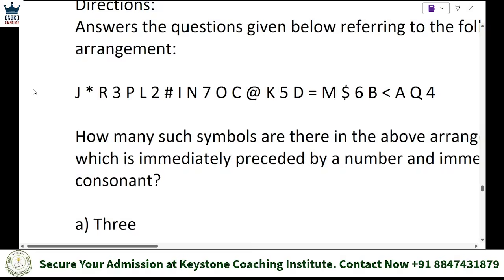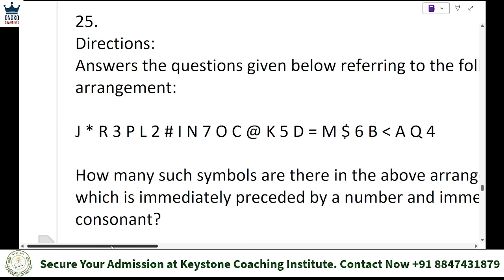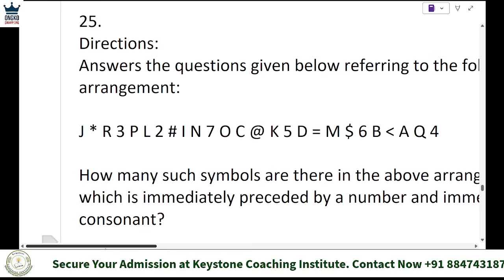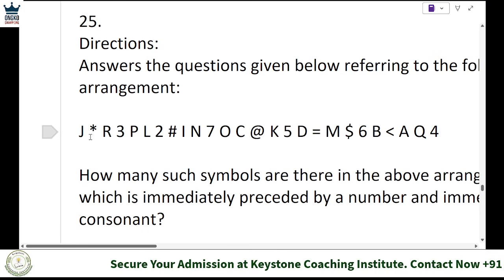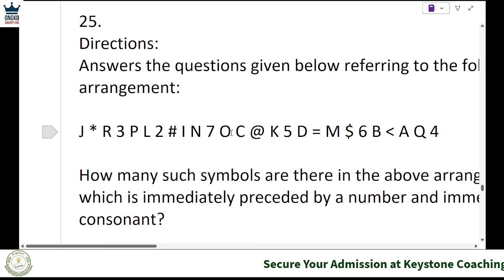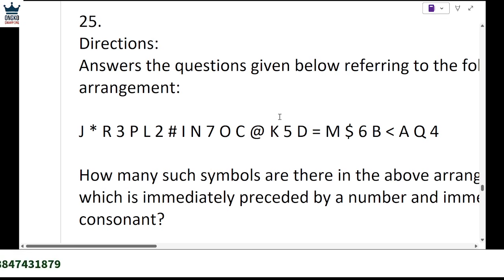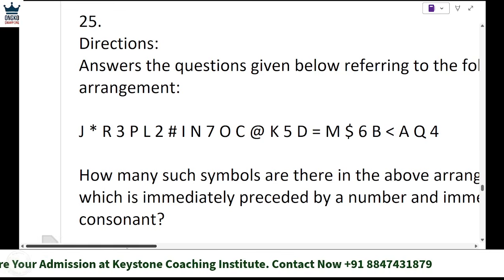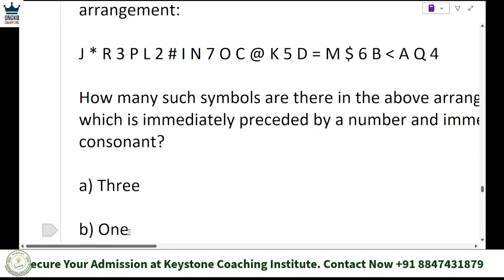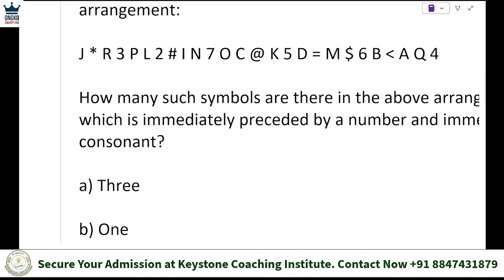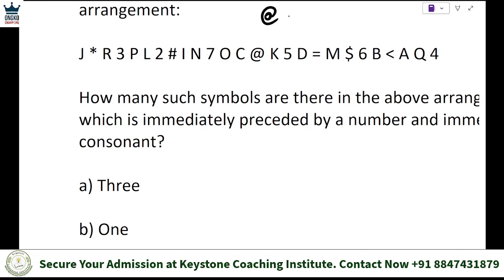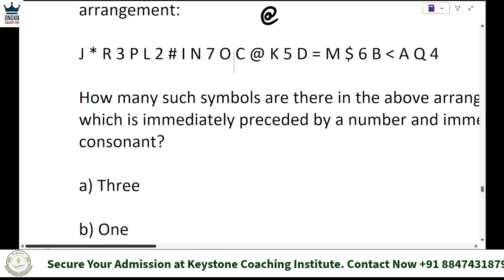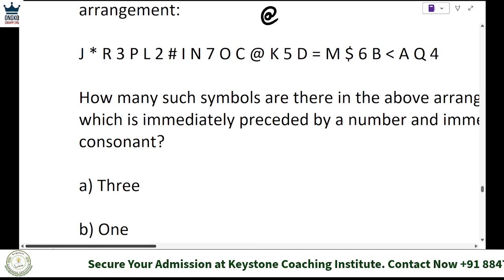Question number 25. The direction is to answer the question given below referring to the following arrangement. The arrangement is given in terms of alphabets, symbols and numbers, all mixed together. We call these elements. The question is: how many symbols are there in the above arrangement, each of which is immediately preceded by a number